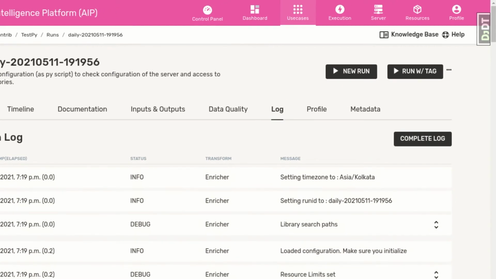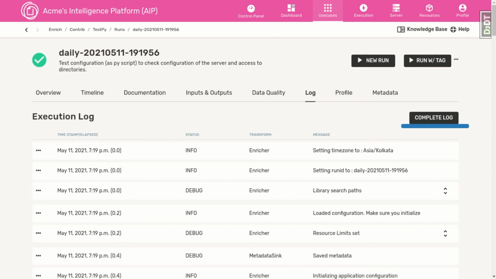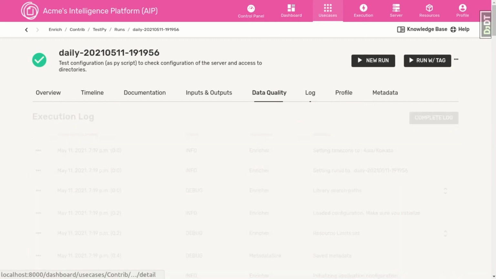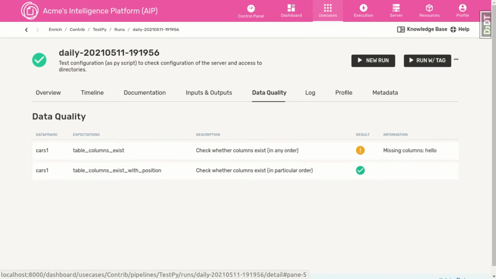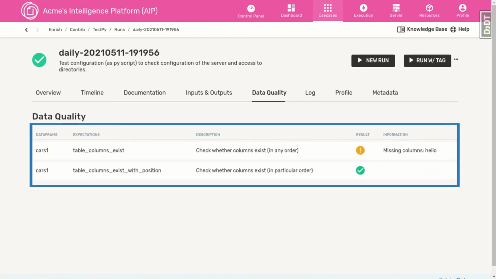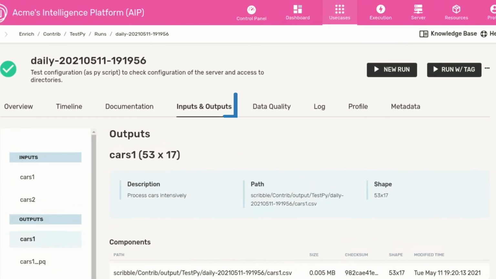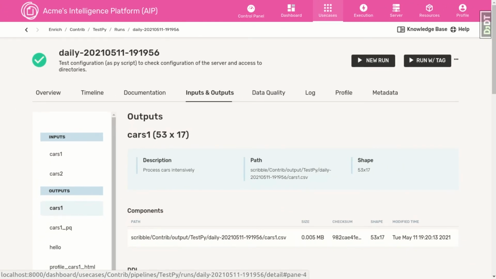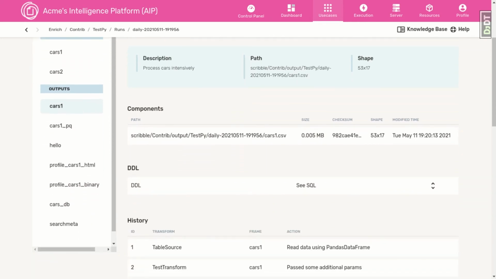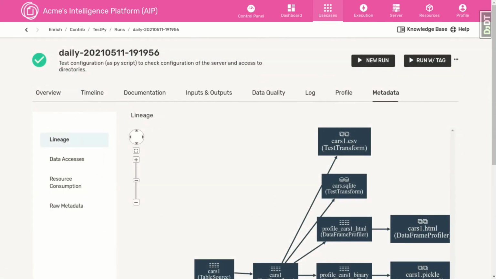It includes a detailed audit log, including snapshots of intermediate data frames to allow users to debug the process quickly. The Data Quality tab gives us a view of input and output data quality. The user can define expectations and evaluate them on the outputs as they are generated. The output datasets explicitly state their location and checksums, along with the schema and samples. This allows users to get a quick sense of how data flowed through the system.